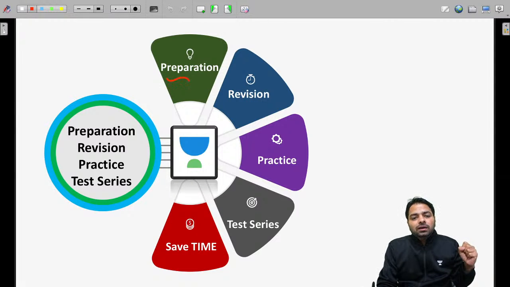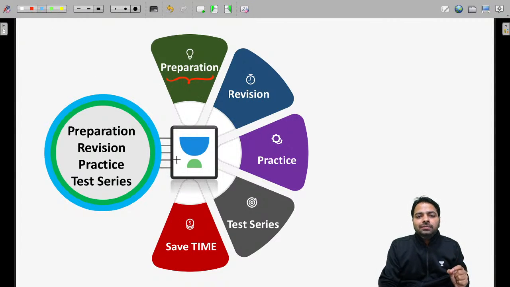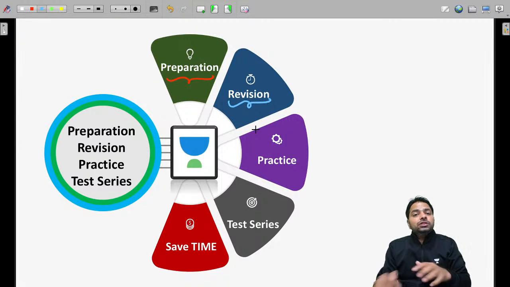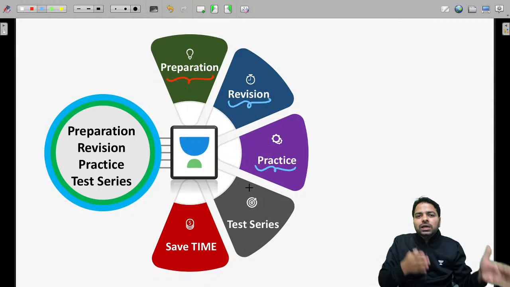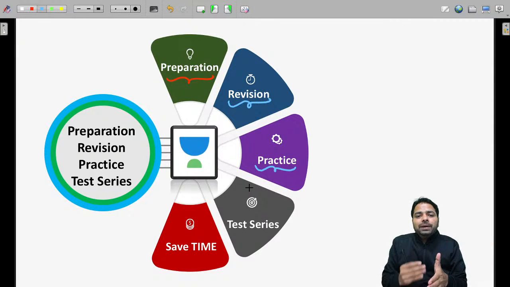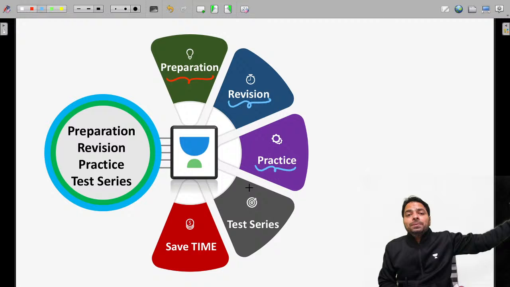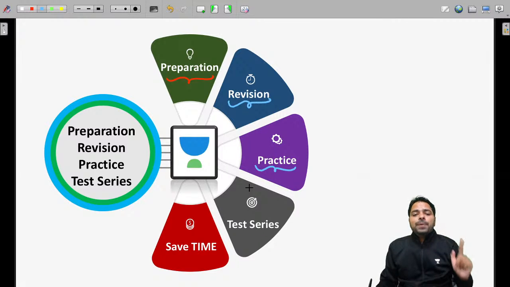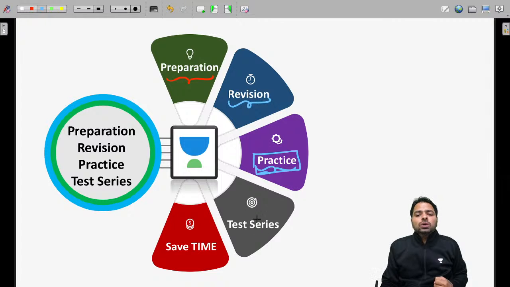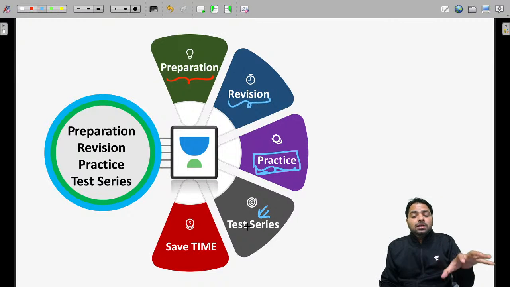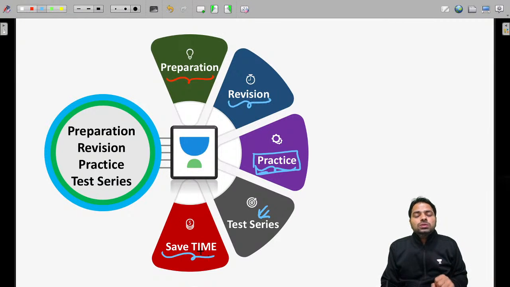Prepare the topics which you have not yet done, and revise the topics which you have already done, and you need to practice regularly. Whether you are preparing a new topic or revising the previous topics that you have completed, you need to practice that. Practice makes perfect, remember that. So whether it is a new topic or an old topic, the best way to understand things is by practicing. So give as many tests as possible, and always remember how to save time. Don't waste your time unnecessarily.